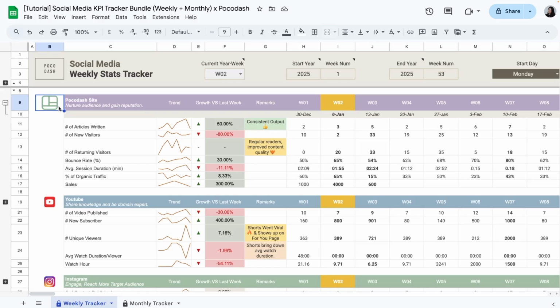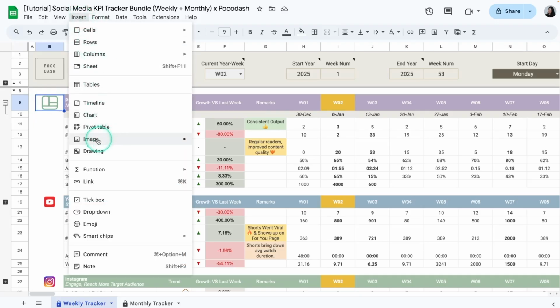To swap or insert a logo in this Google Sheet, you will have to click on the cell that you want to add the logo to, go to Insert, select Image. You can either select an image in the cell or select an image over the cells. So I recommend doing this because the way that we design